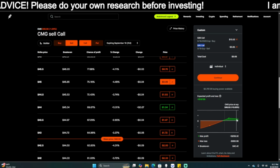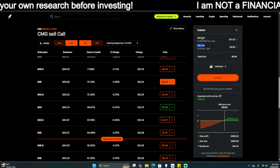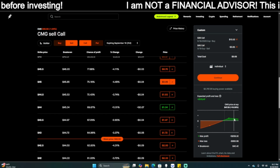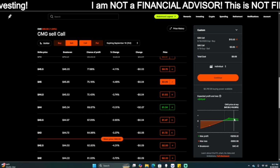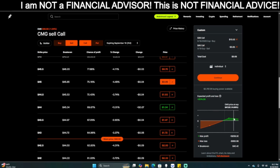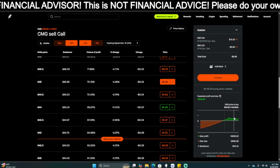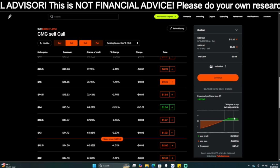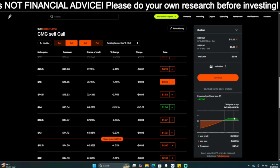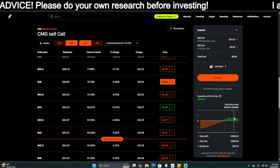Now, if Chipotle goes past $45, notice you're still making profit here. The reason why is because, again, this call option, your leap call option here, is still going deeper and deeper in the money, and it's becoming more and more valuable. So you still hold a decent amount of value in that leap option because there's so much time still to go with this expiration. Imagine it's already at break-even in a month. I still have 9 more months of intrinsic value to go with Chipotle running,